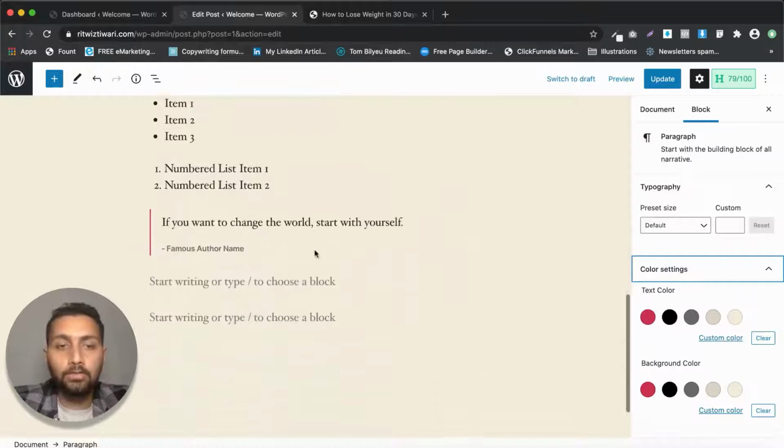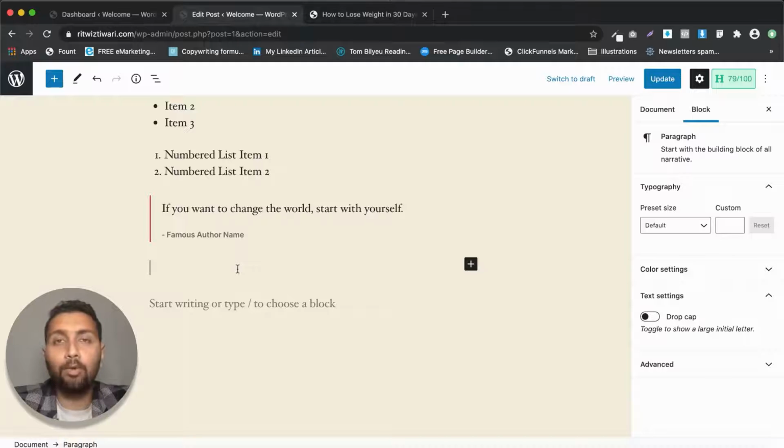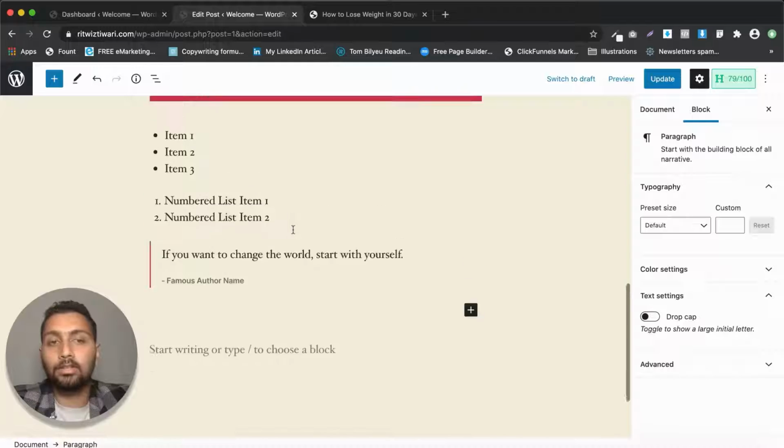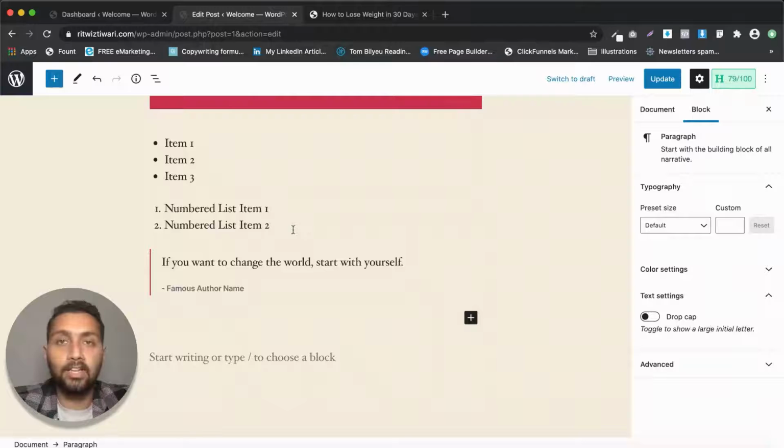Okay, so now since we were talking about blocks, getting back to the blocks, let me first show you the different kinds of blocks that you can use in WordPress, so you'll get an idea of what kind of posts you can create and what kind of content you can include within your blog post. And after that, we are going to talk about the document settings. All right, and let me tell you in advance that the screen that you're seeing right now to create a post is similar to the screen when we'll go ahead and create a page. All the settings are going to be the same. That is why I'm going to cover everything in this part. And when we go to the pages part, we are just going to see how pages differ from the posts.